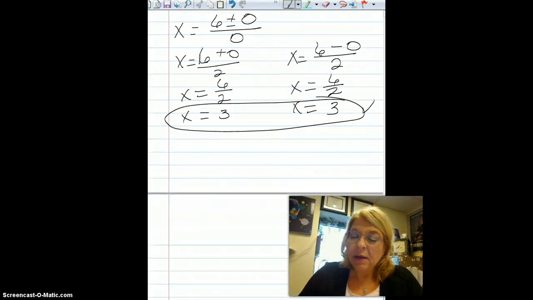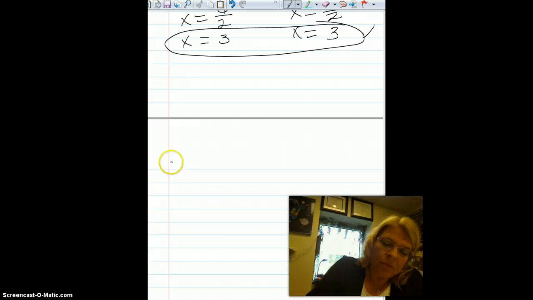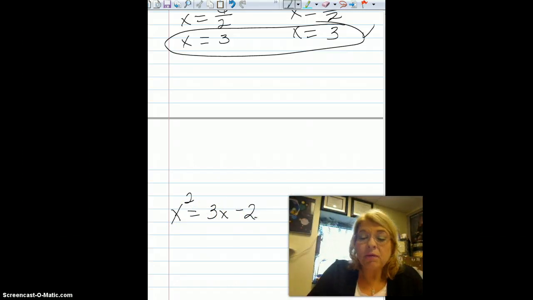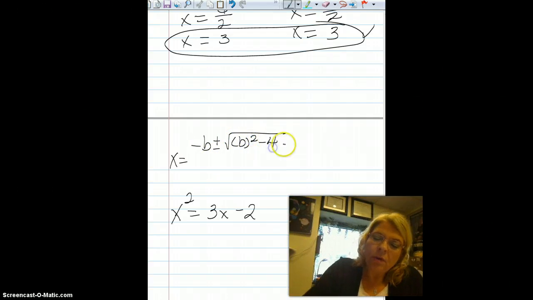Now, let's look at another problem. I have x squared equal 3x minus 2. Before I start working on this problem, what was the quadratic equation again? x equals the opposite of b plus or minus the square root of b squared minus 4ac